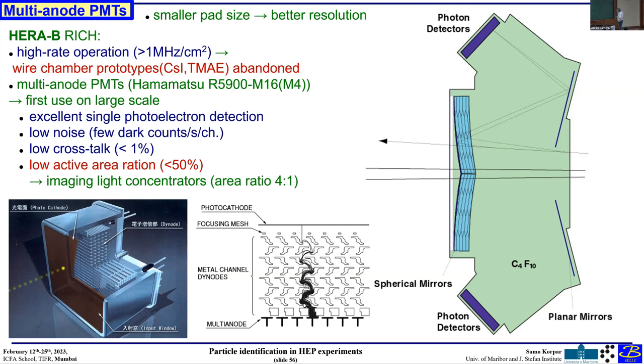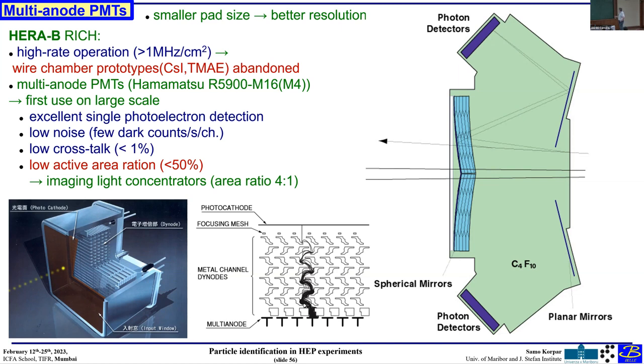This is just the schematic. So to mention, it also uses C4F10. It's a fixed target experiment. So there is a beamline, and then half of the spherical mirror. The light is focused here, but if we would only use a tilted spherical mirror, the detector would be somewhere here. And this was close to the magnet and close to more noise from the interaction. So we inserted another flat mirror just to image the detector site on this side on top of the A-reach. It was more compact this way, and also the detector was out of the magnetic field and the main part of the products from the